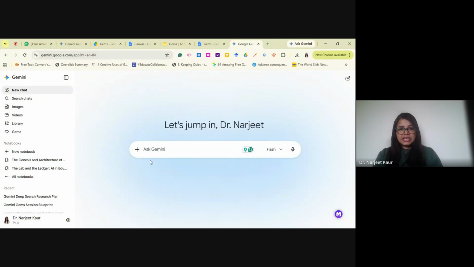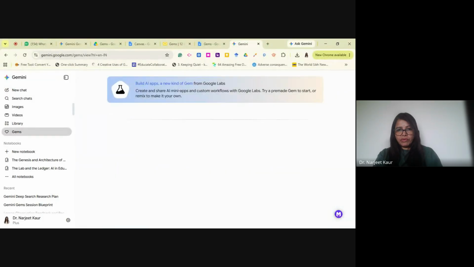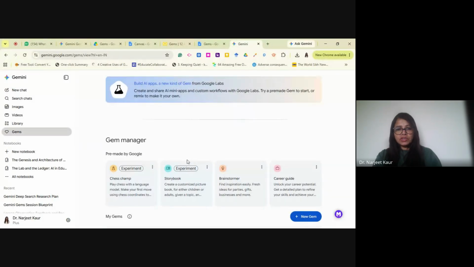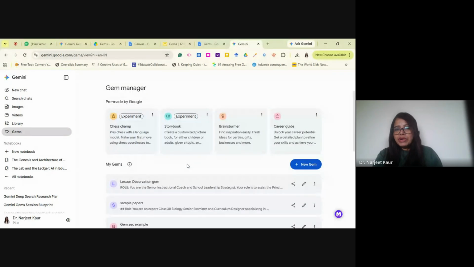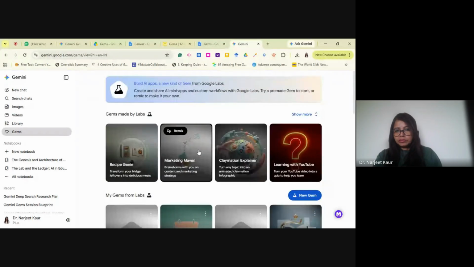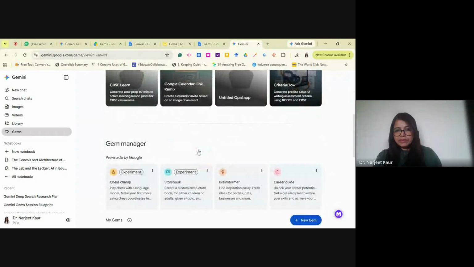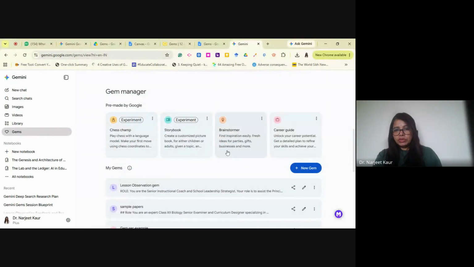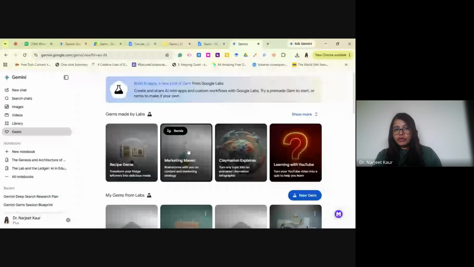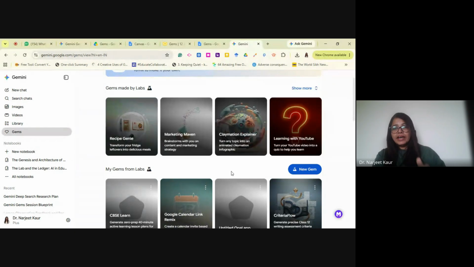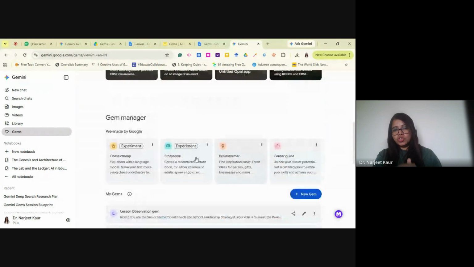This is one thing. Secondly, now I go to Gems because I want to jump right into Gems. This is what the interface of Gems looks like, right? All this has been pre-made by Google, by Google Labs. Now I don't get confused by this. This is Opal, which we will do another session on, and Opal is going to give you a more detailed view of how we can make our workflow better. But right now, I'll just go into Gems.